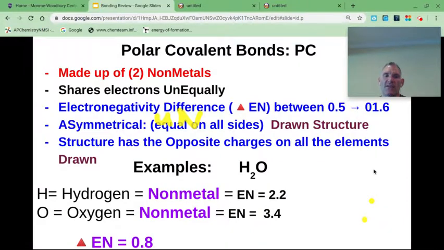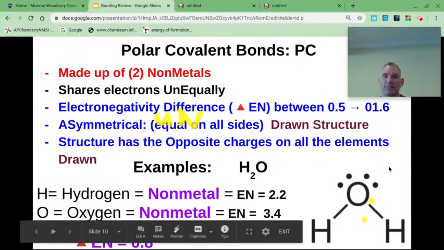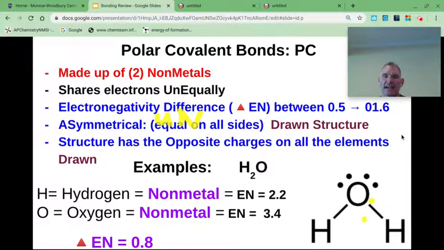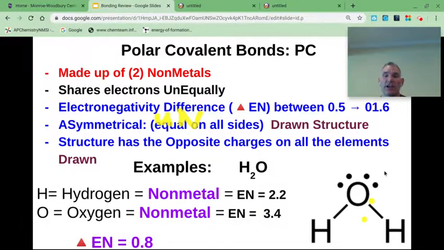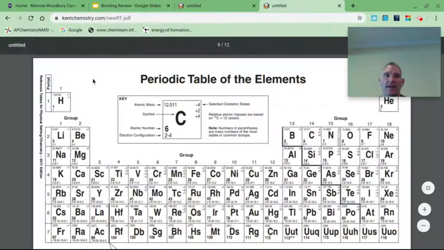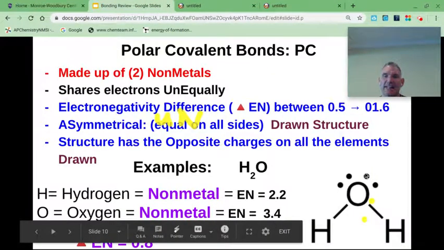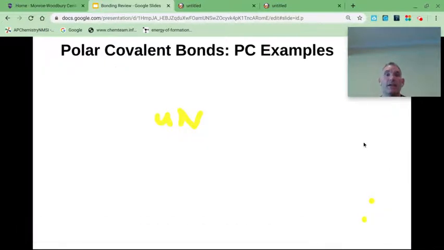Now, the more important thing here for us is the picture. Okay, so water comes out like this, and notice that it's not symmetrical. It's not equal on all sides. This side has H's, this side has electrons, not equal. If I go to my charges, H, remember, has a positive charge, and these are electrons that are negative. So negative on this side, positive on this side is opposite charges. That would make it polar. Next example,